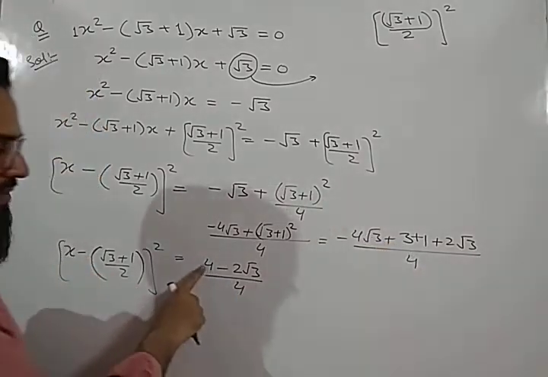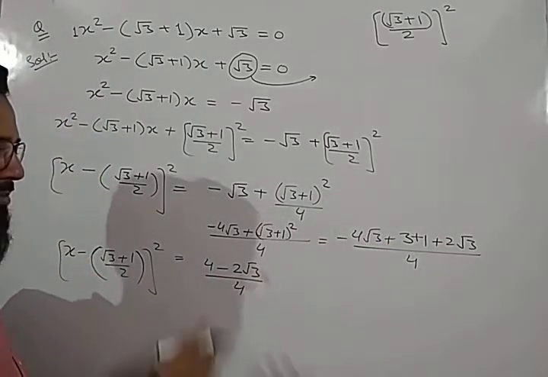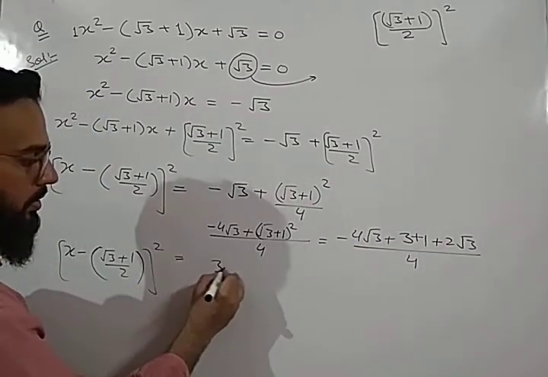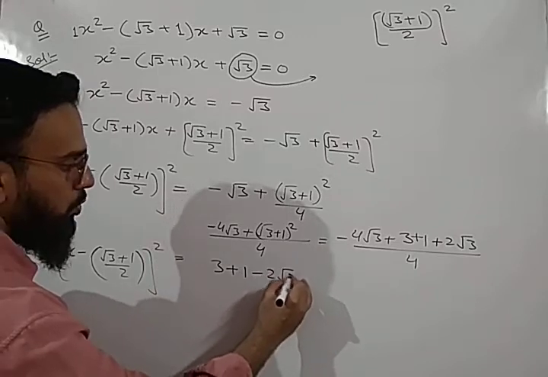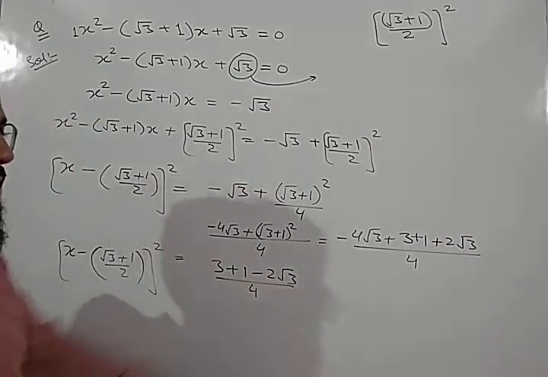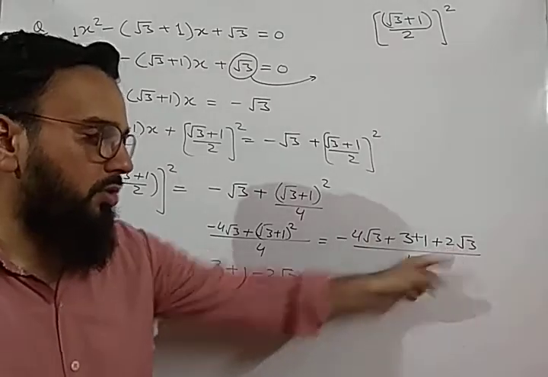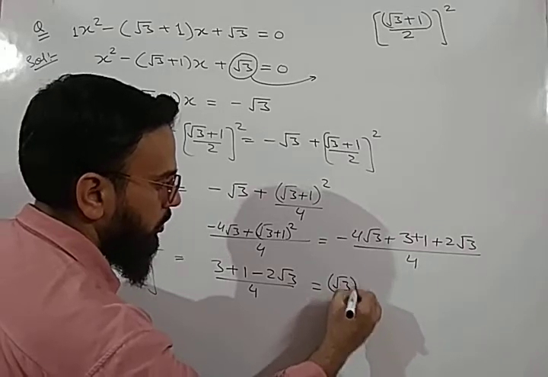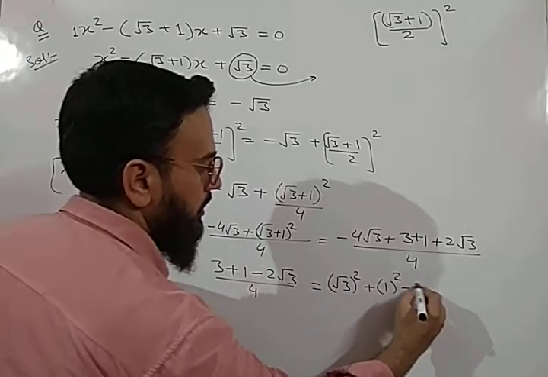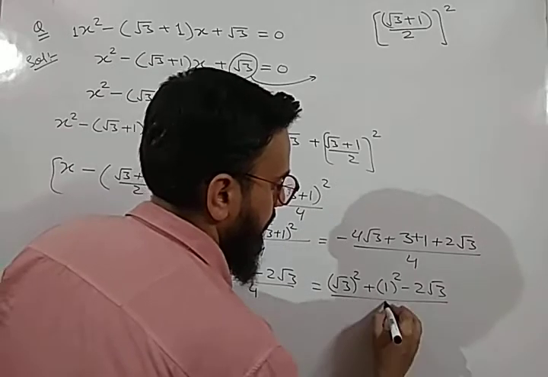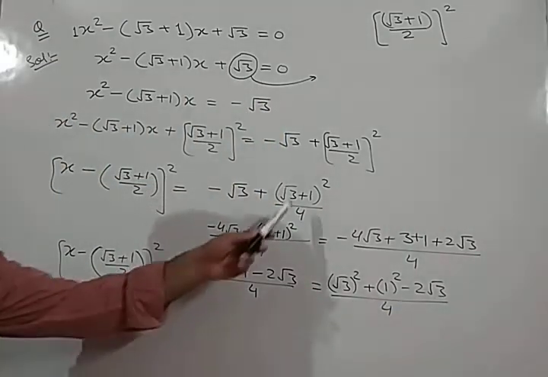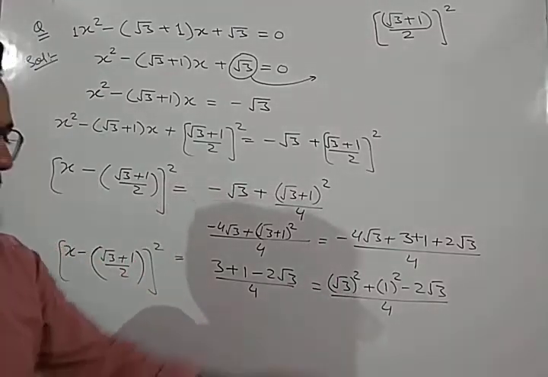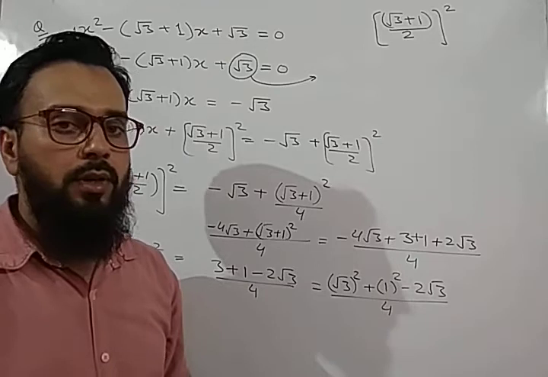This step, which I have written as (4 minus 2 root 3) upon 4. If I am not writing it like that, you can write it as 3 plus 1 minus 2 root 3 upon 4 as it is. 3 plus 1, and minus 4 root 3 plus 2 root 3 will be minus 2 root 3 upon 4. Now we can convert it as (root 3) whole square plus 1 square minus 2 root 3 whole upon 4. Because it was root 3 plus 1 whole square, now it will form an identity of (root 3 minus 1) whole square, because it is written as a square plus b square minus 2ab. So we can write it as